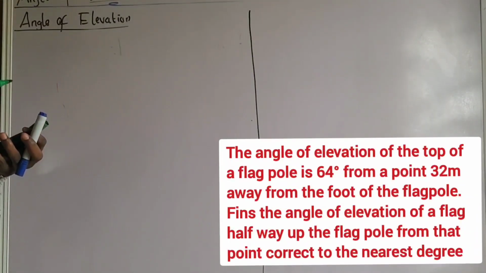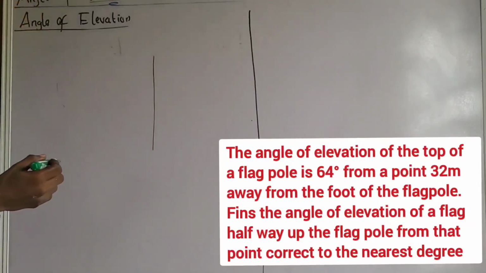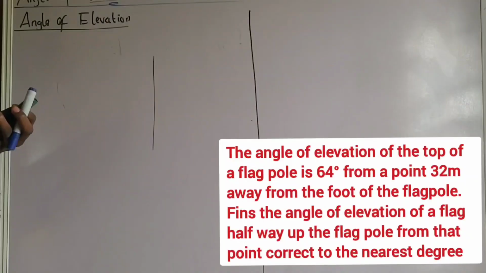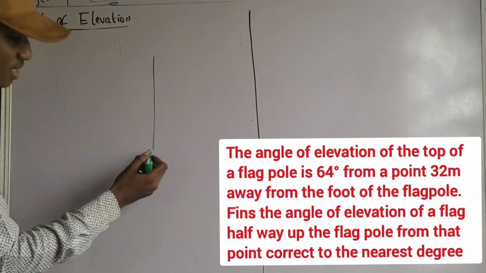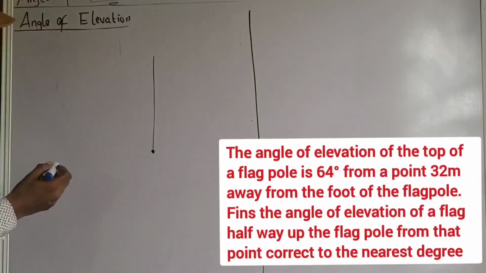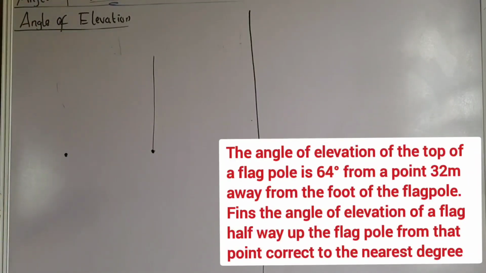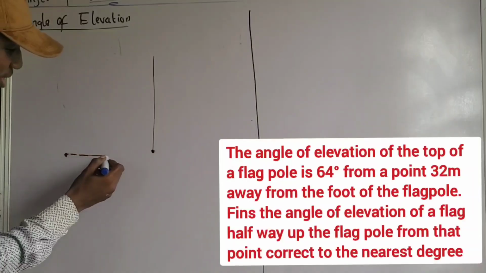We are told that the angle of elevation of the top of a flagpole from a point 32 meters away from the foot of the flagpole is 64 degrees. Okay, so let's say this is the flagpole, you understand? From a point 32 meters away from the foot of the flagpole, this is the foot of the flagpole. Now from this point, the distance to another point is 32 meters. Are you getting what I'm trying to say? Because the question says from a point 32 meters away from the foot of the flagpole, so the distance from this point to this point,